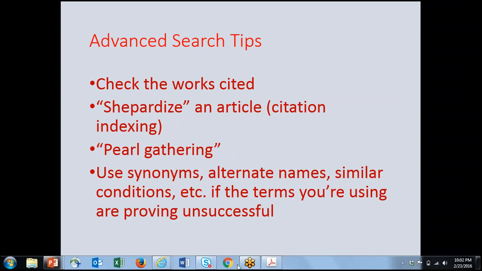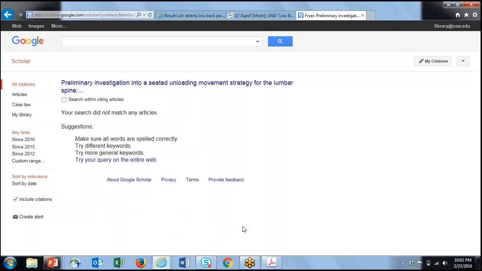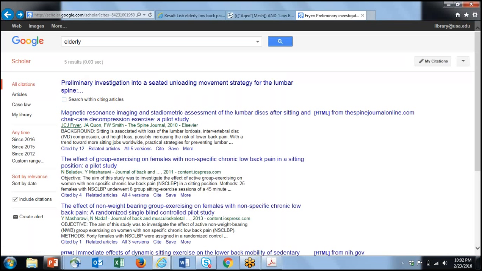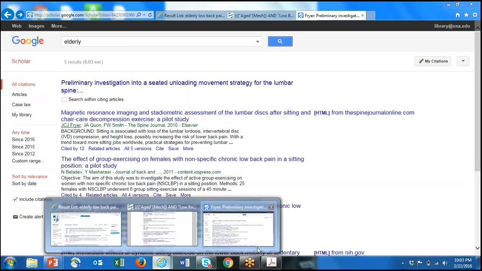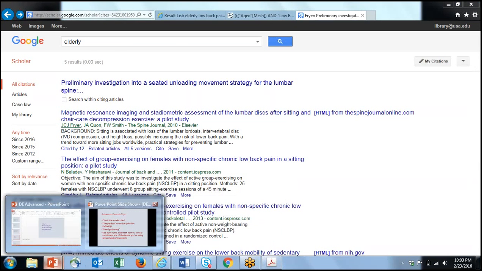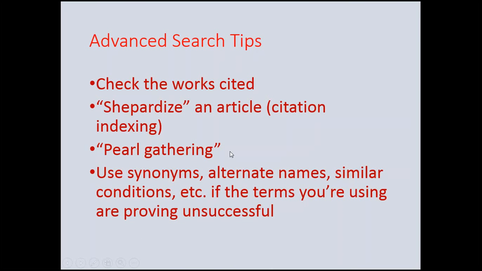Consider the Google Scholar shepherdizing search that we did. It brings up all of these articles, and on each of these articles you can do cited by. Each of these articles also has a works cited list that you can look through. So each article you find gives you possibilities that point you towards another article, which can point you towards another article. It can be a never-ending string of jumping from resource to resource. So that's an advanced search tip, because you can use the resources you've already found to help you find more